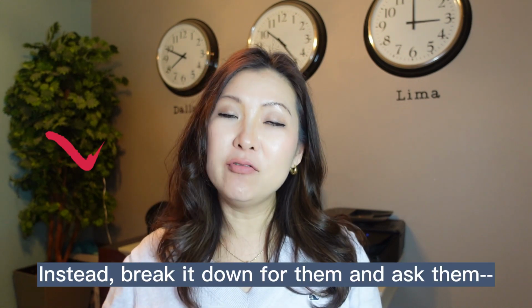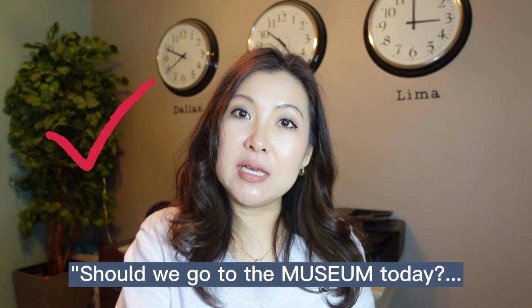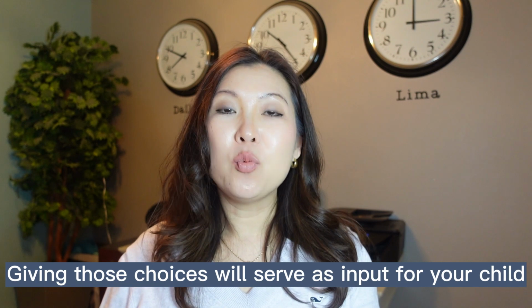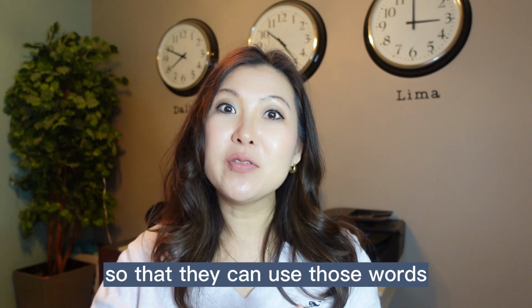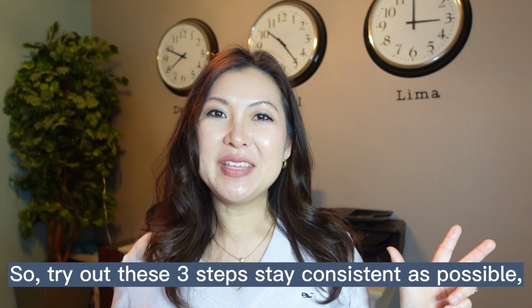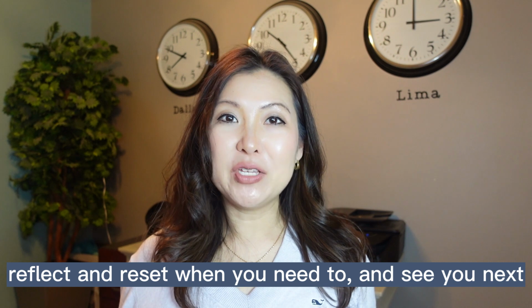Instead, break it down for them and give them the input. Should we go to the museum today or should we go to the park? Giving those choices will serve as input for your child so that they can use those words as output to answer your question. So try out these 3 steps, stay consistent as possible, reflect and reset when you need to,